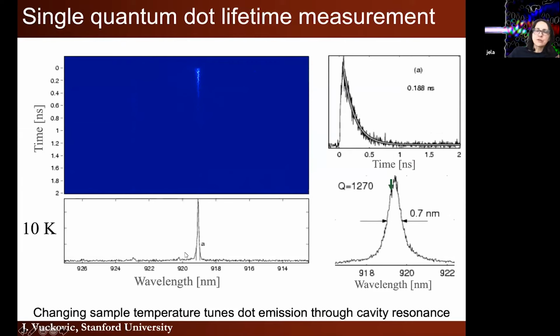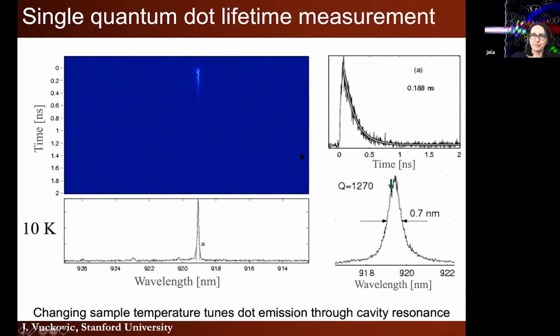And we want to tune that quantum dot relative to the cavity resonance and see how spontaneous emission rate would change. So as we're tuning relative to the cavity resonance, we're taking time resolved measurements. This is done using high-speed detectors called streak camera. It doesn't really matter, but the point is that as you're changing the wavelength of the quantum dot relative to this Lorentzian, we're also doing time resolved measurements on the decay of the quantum dot and looking at the lifetime. So here, we're changing quantum dot relative to the cavity resonance, again, using temperature changes. The same thing as we were discussing last time,